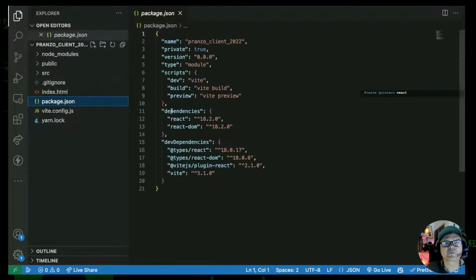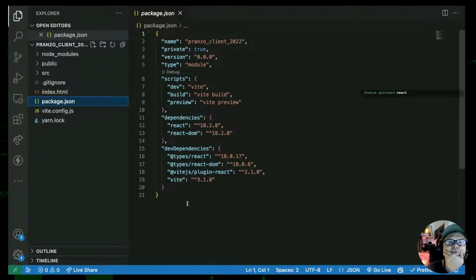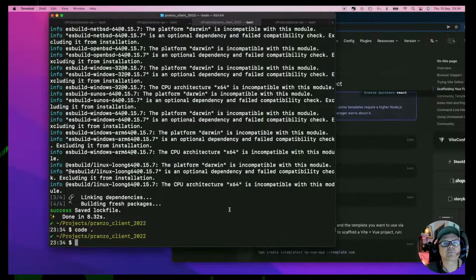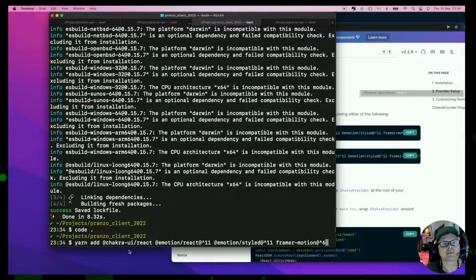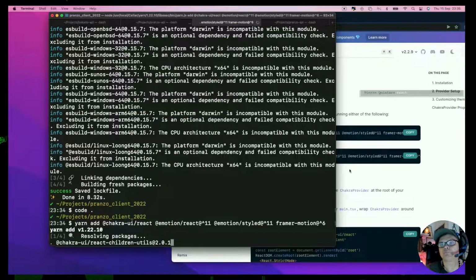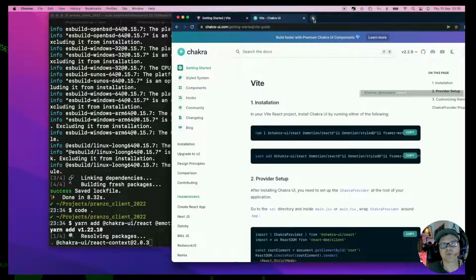Anyway, in the package JSON, what do we do? Dev, vite build, vite preview, vite. Okay. So right. We're gonna install two things. First of all, we're gonna install all of this stuff. So I'm gonna copy this and just add it. Chakra UI, emotion React, emotion styled, framer motion. Okay, so that's gonna be installed, but we also want to